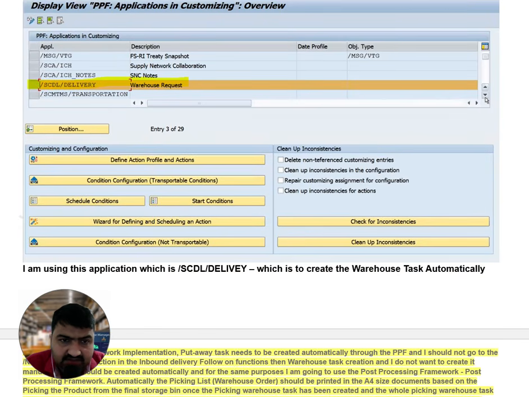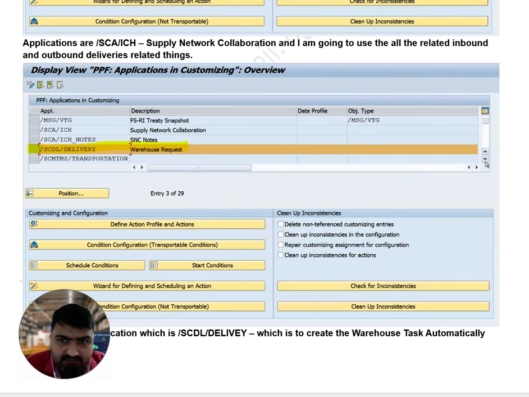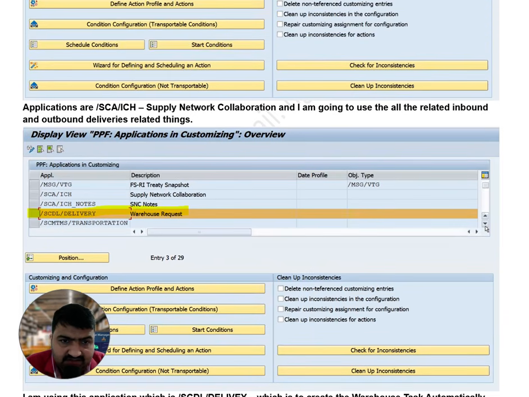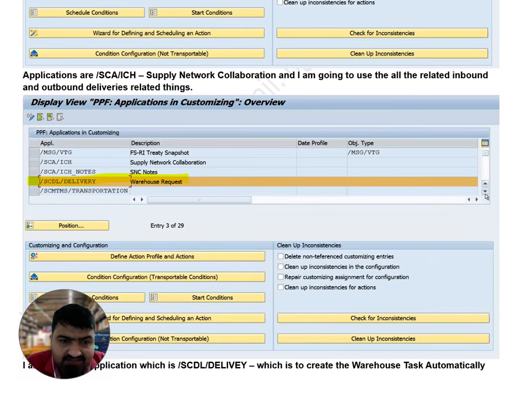Then I will select the delivery warehouse request. Why do I select these applications? They are /SCF ICS supply network collaboration, and I'm going to use all the related inbound and outbound delivery things: /supply chain delivery /delivery warehouse request.